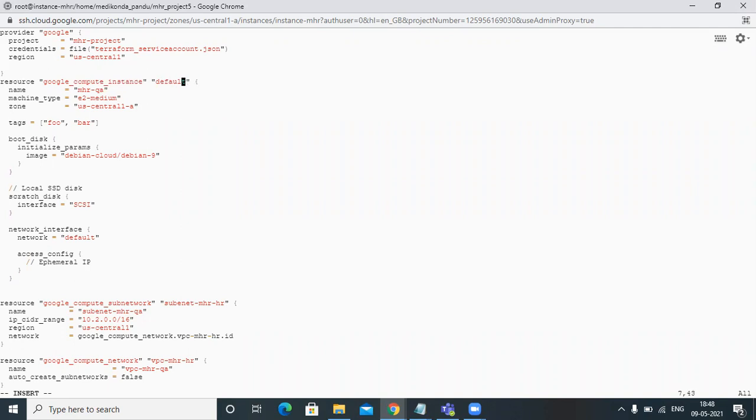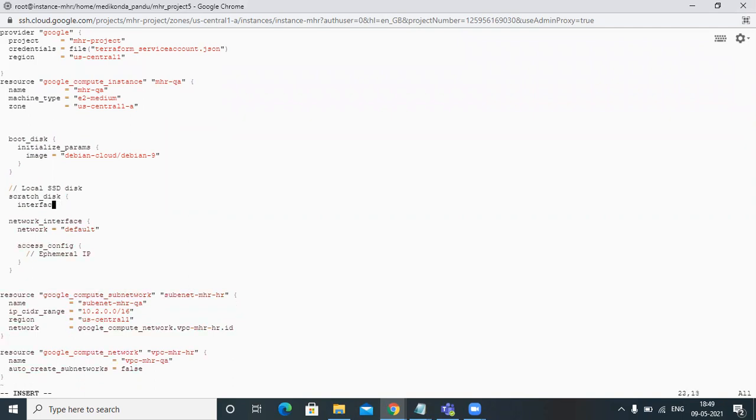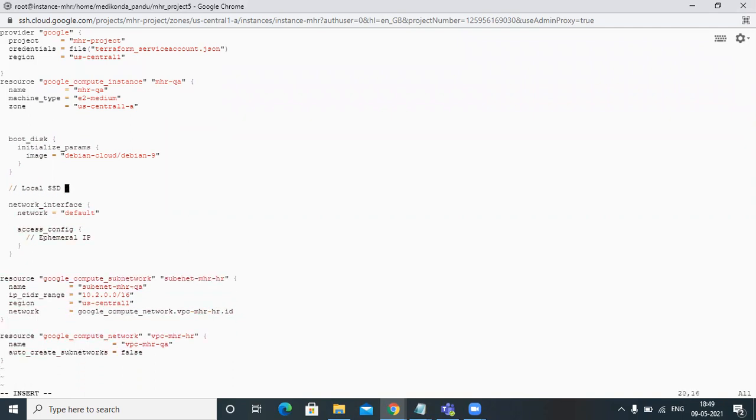The resource name you can give as you wish. MHR-QA, that is the resource name. Here, what is the machine type? This is where I need to create the resource. These tags are not required. I don't want this local SSH. The main thing here is I need to mention where I need to create my instance.